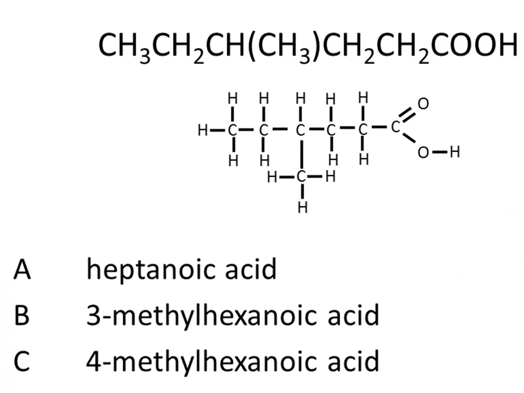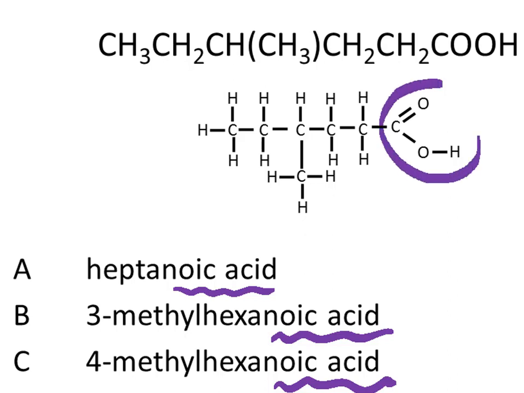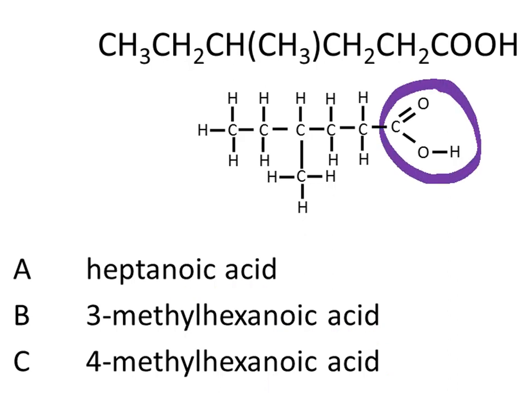Does it appear as one of these options? We can see that we end with oic acid in all the options. And that's correct because this is a carboxylic acid. Carboxylic acids end with a suffix oic acid. That refers to this functional group here. We can see that A doesn't give enough information. So A we've ruled out. So which is right between B and C? We've already discussed that this here must be the longest chain. And that gives 6 carbons. So it's